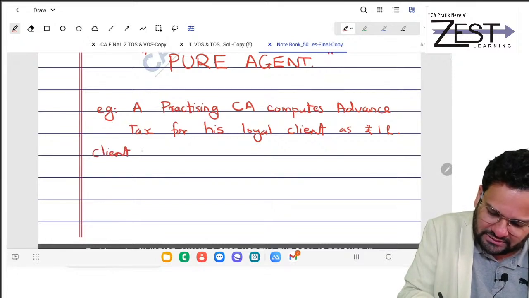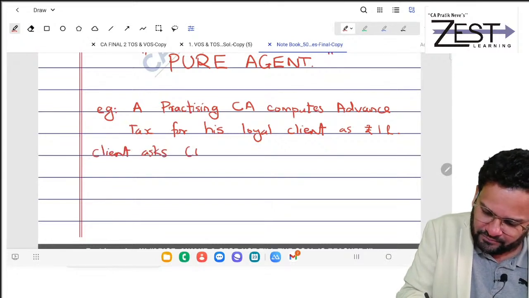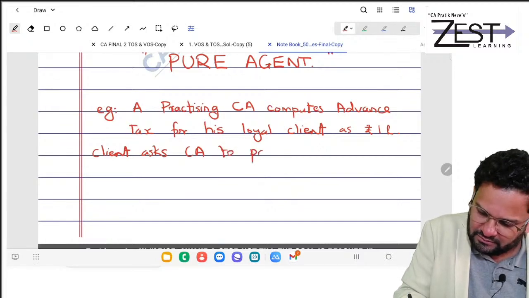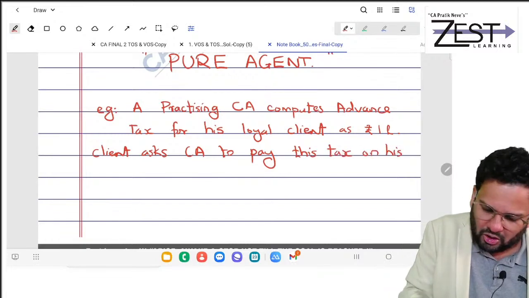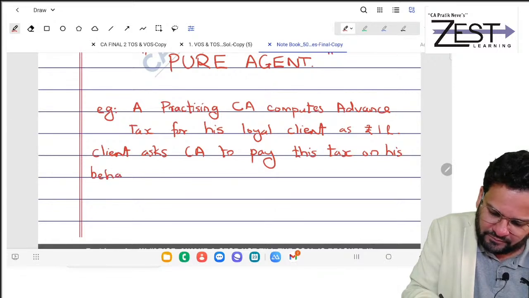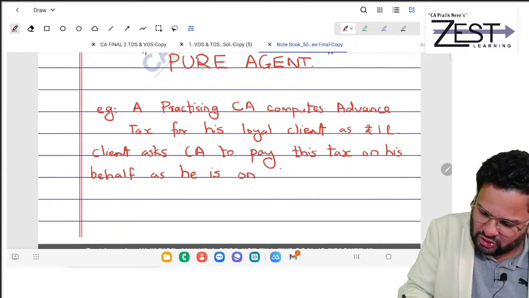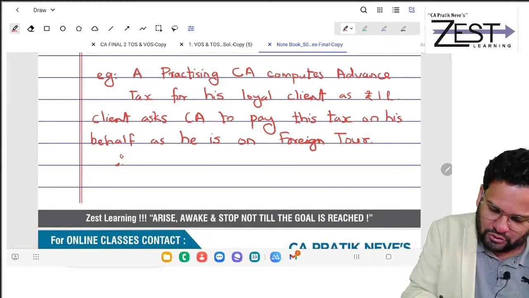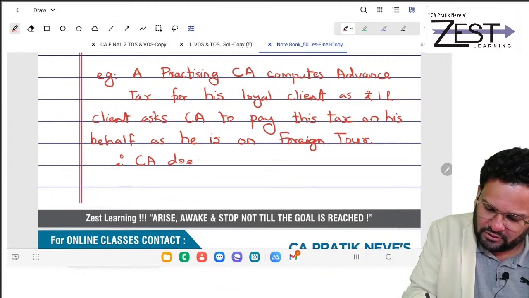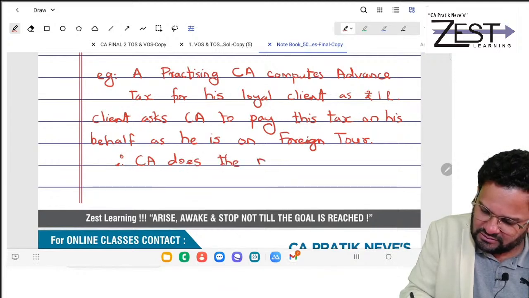Client asks CA to pay this tax on his behalf, as he is on foreign tour. Did you understand the point? Therefore, CA does the needful and